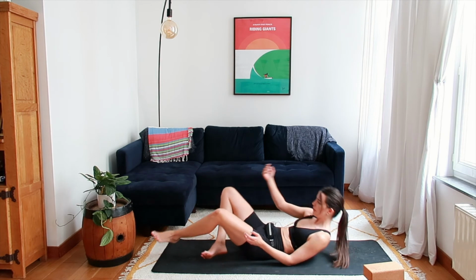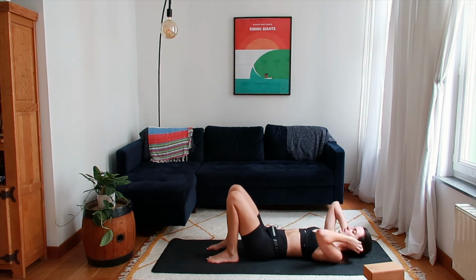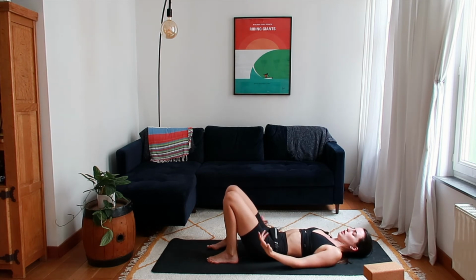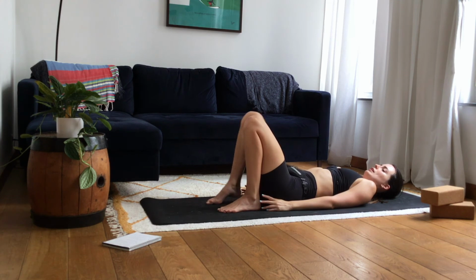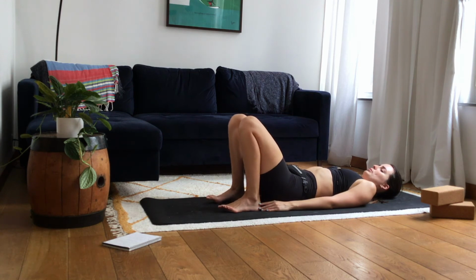So coming down onto the back, bringing your feet hips distance, and we'll start here in bridge. Whether you're taking it into the full upward facing bow or just staying in bridge, the entry will be the same. And we're gonna go for 2 rounds, so you can try both out if you'd like. Bringing your feet close to the bum so that you can tickle your feet with your hands. And then with your inhale, scooping your bum up,